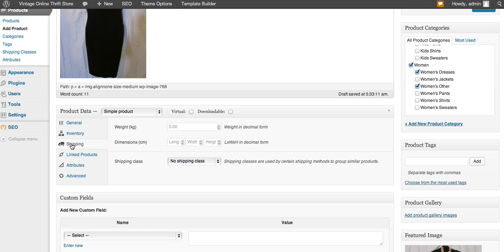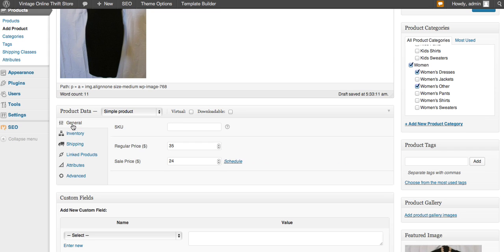But I would just add it to the price, just easier on you, an extra couple dollars. If you're selling this dress for $24, what I would do is, okay, well, this dress is going to cost me $4 to ship, so I would just add that shipping there, and not ship it in the UK or whatever for that price. But that's what I would do, just because otherwise